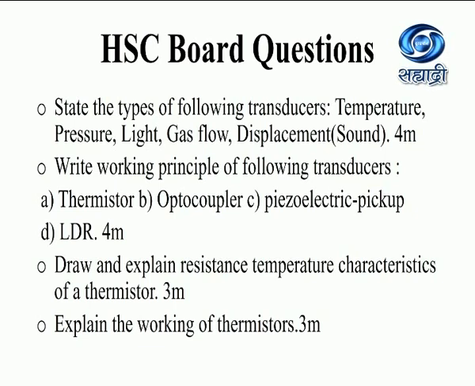Next is explain the working of thermistor. Again it is asked for 3 marks. 1 mark is assigned for the symbol. So first of all you have to draw the symbol of thermistor, then explain the thermistor. What do you mean by thermistor? It is a thermally sensitive resistor. Then you have to explain the working of thermistor. NTC and PTC type of thermistors are working. In that you can explain if temperature is increased, then resistance is increased in the PTC type. In the NTC type, you can explain the temperature is increasing, resistance is decreasing. So in this way, you can explain this question for 3 marks.